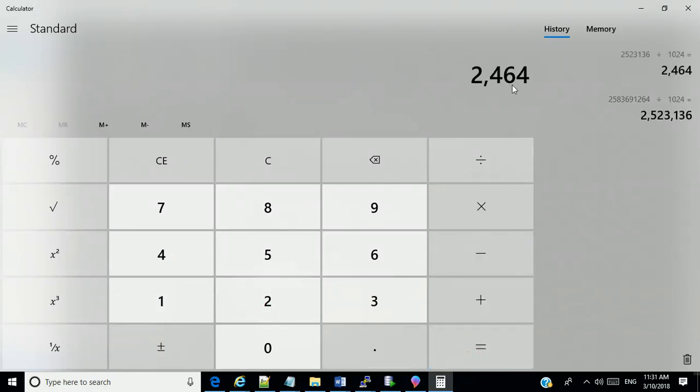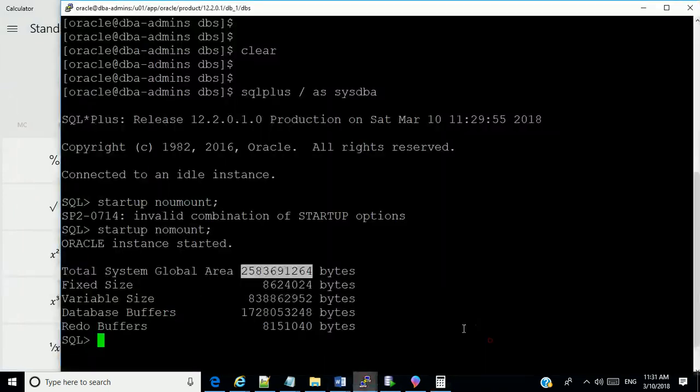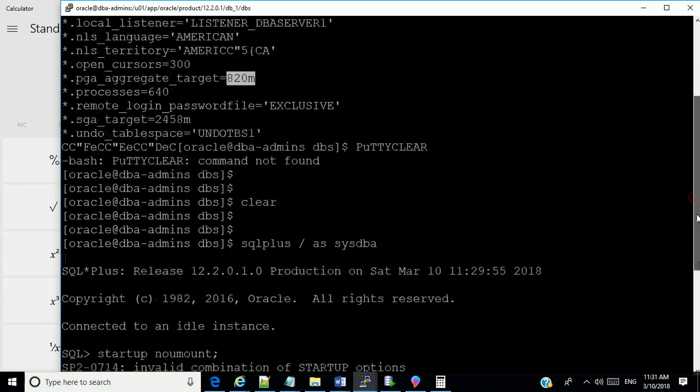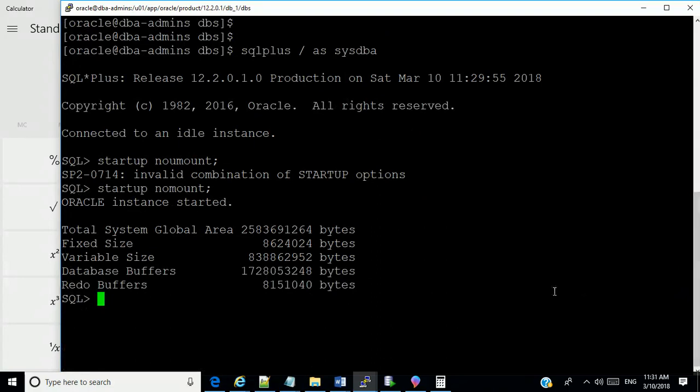So I get 2464. Okay, that's virtually what it is here. You have to also bear in mind that it also allocates some memory for the PGA_AGGREGATE_TARGET. Okay, so this is where we are right now, and the database is not open.